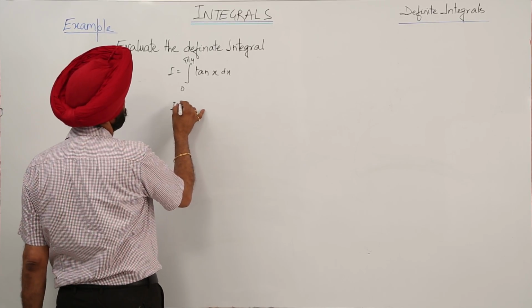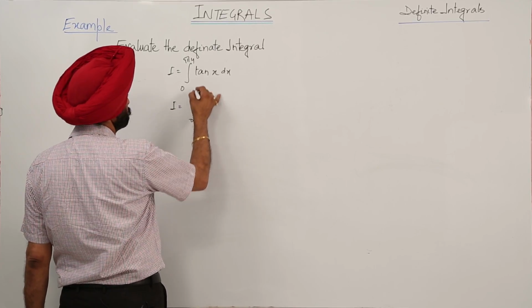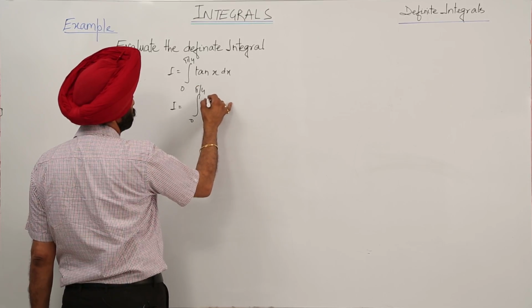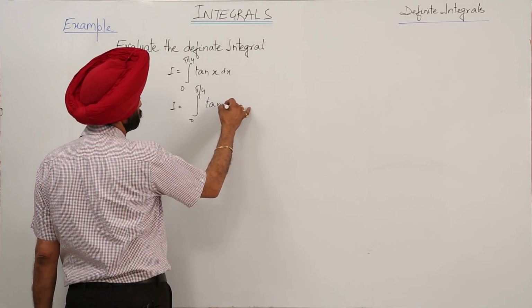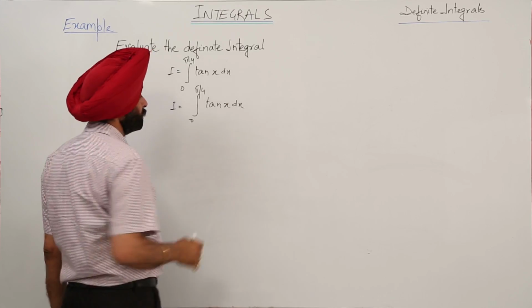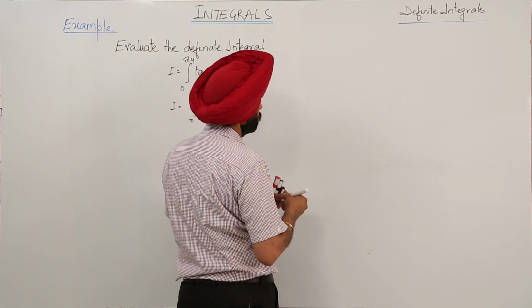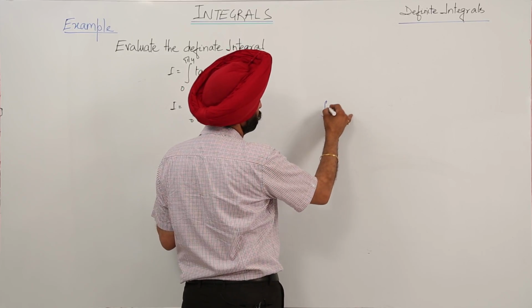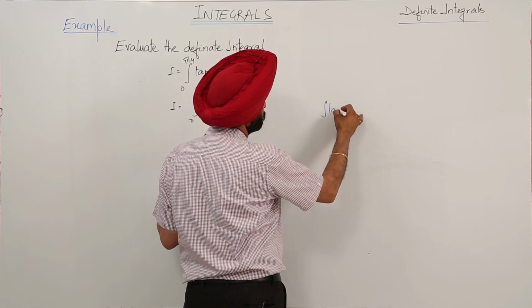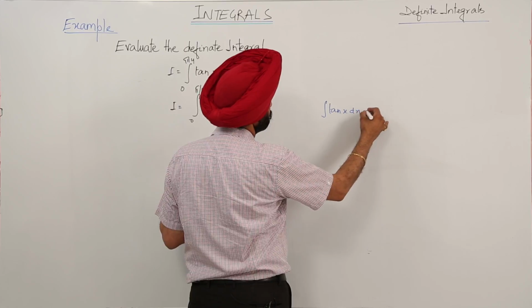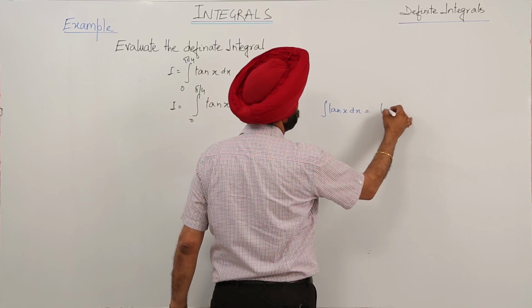Integration for 0 to pi by 4 tan x dx. Now here one thing, we are having a formula: integration of tan x dx is equal to log